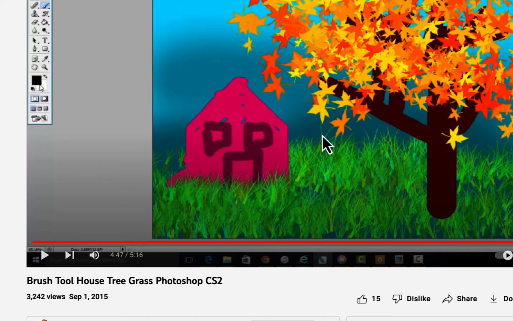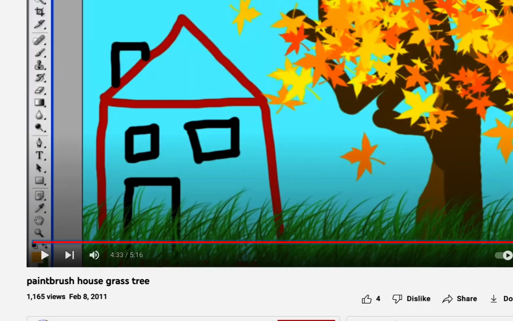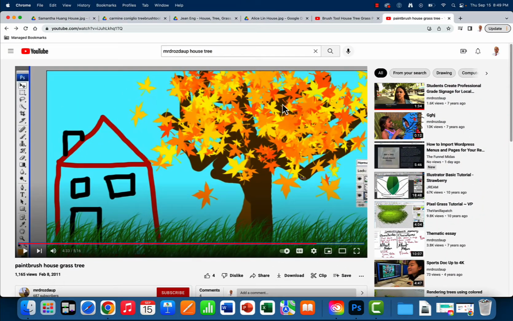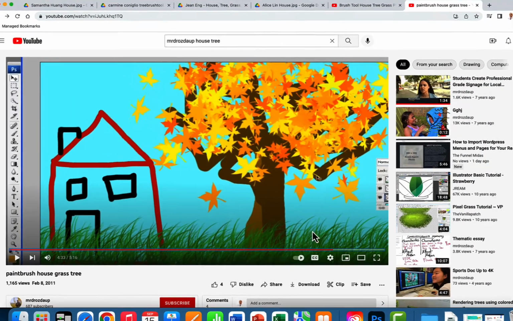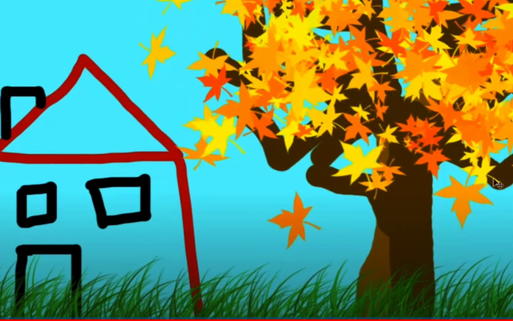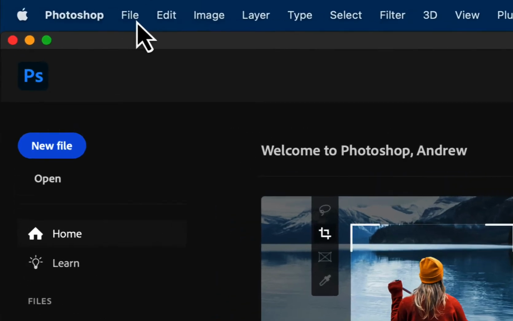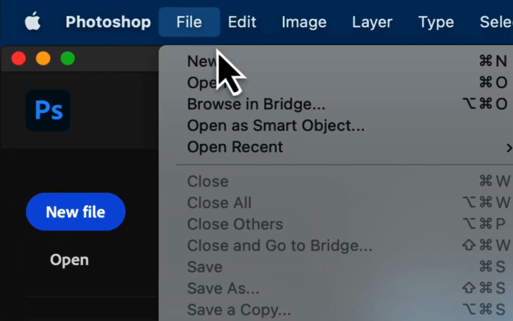And you'll notice that Photoshop evolves. And here's another video from 2011. So certainly the current version of Photoshop has lots more bells and whistles, but these core elements remain the same, as does student creativity. So you're going to open up the blank, or you can simply click File and then